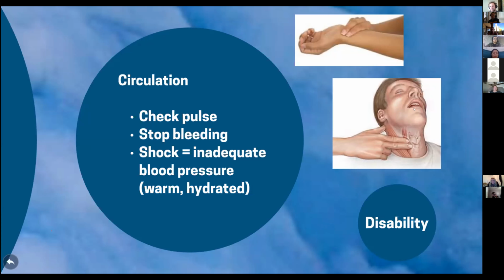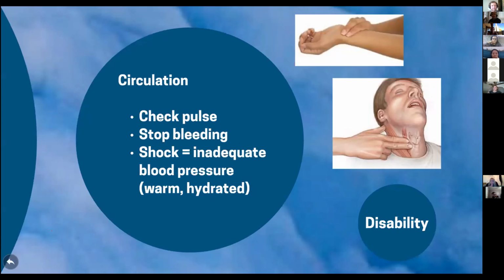And then this other photo is the carotid pulse, or carotid artery. When you're finding the carotid pulse, it's easy on me because I have this enormous Adam's apple. Just lateral to the throat, lateral to that cartilage, is the carotid artery where you find the carotid pulse. If somebody doesn't have a carotid pulse, that's really bad news. If there are no other signs of life, they are most likely in cardiac arrest.